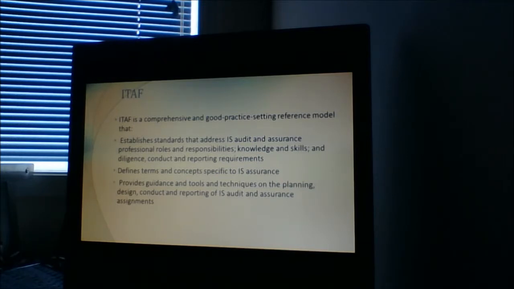ITAF is a comprehensive and good practice-setting reference model, which includes standards.